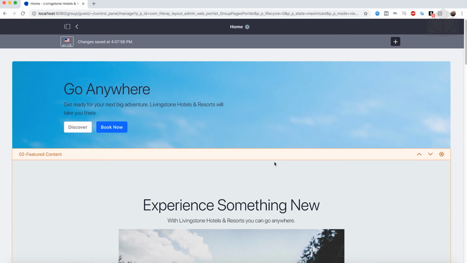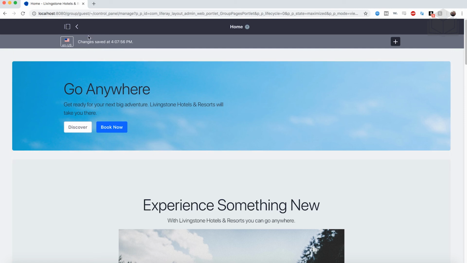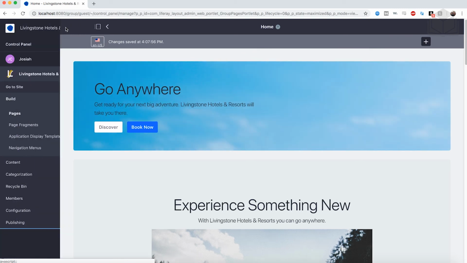Okay, but what we can do now is we can go ahead and add our page as our main default home page. So that's something new that we can actually modify in 7.1. All right, you'll see by default our changes are already saved, so it's going to do some auto saving for us. All right, now we can go to the menu,